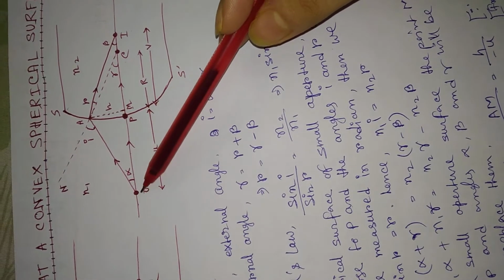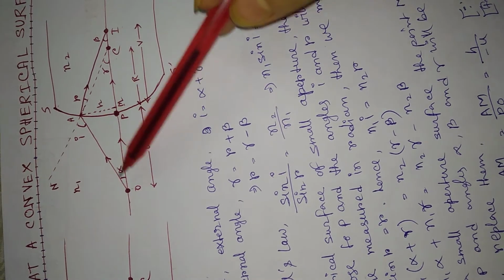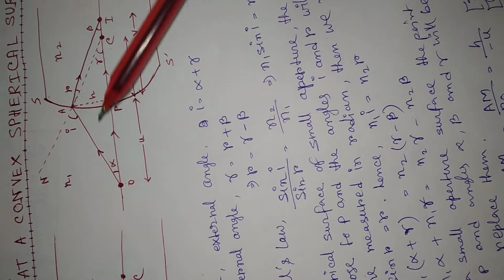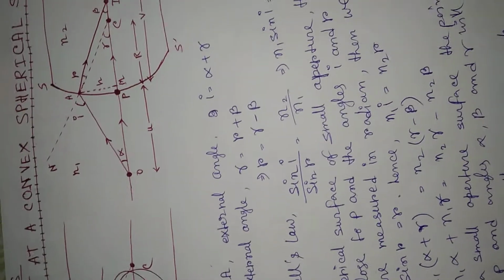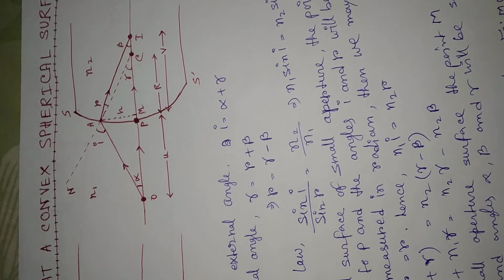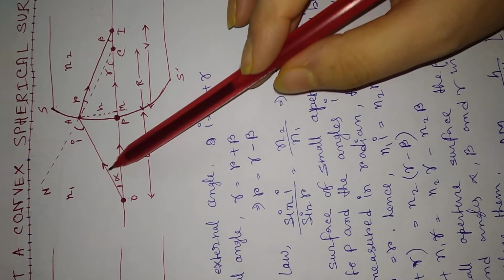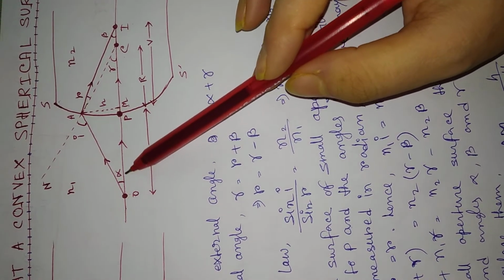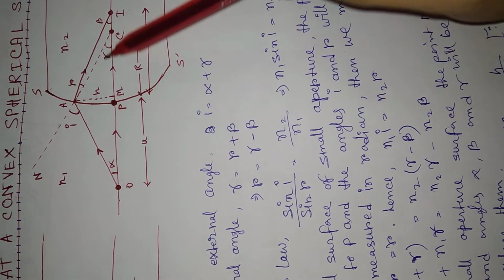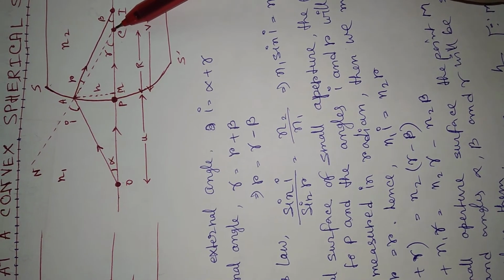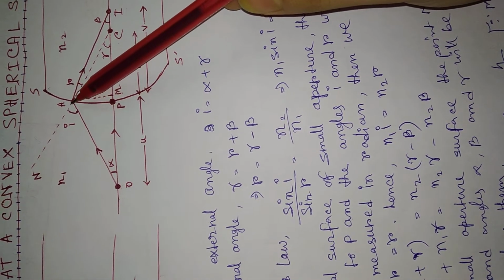This is our object, and two rays are coming from this object. Here we assume that the object is a point object. We know that to form our image we should take two rays from a single point. So here I am taking two rays: one ray which is coming along this direction, passing through the center of curvature, and another ray coming along this side